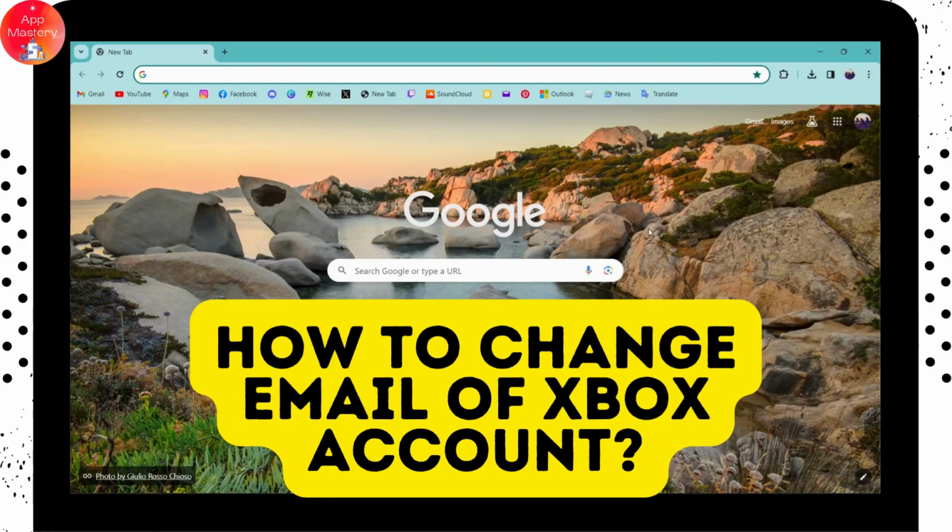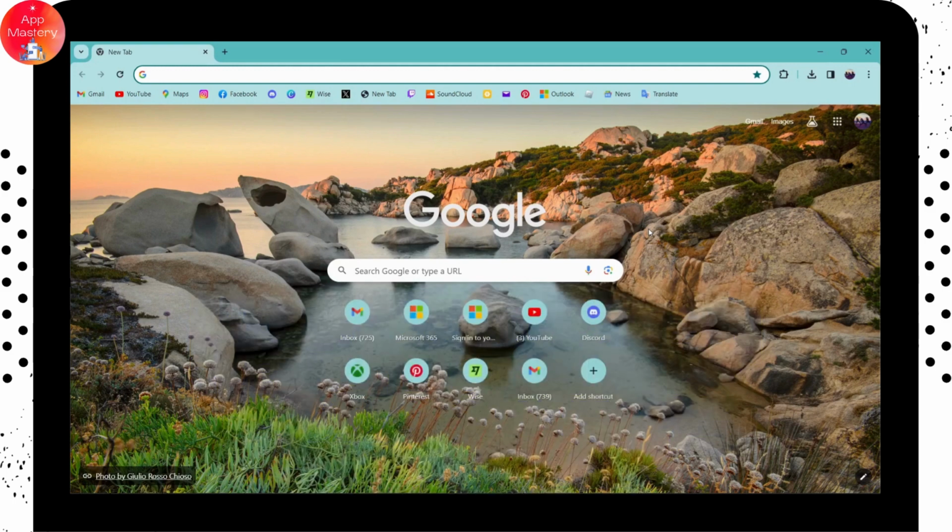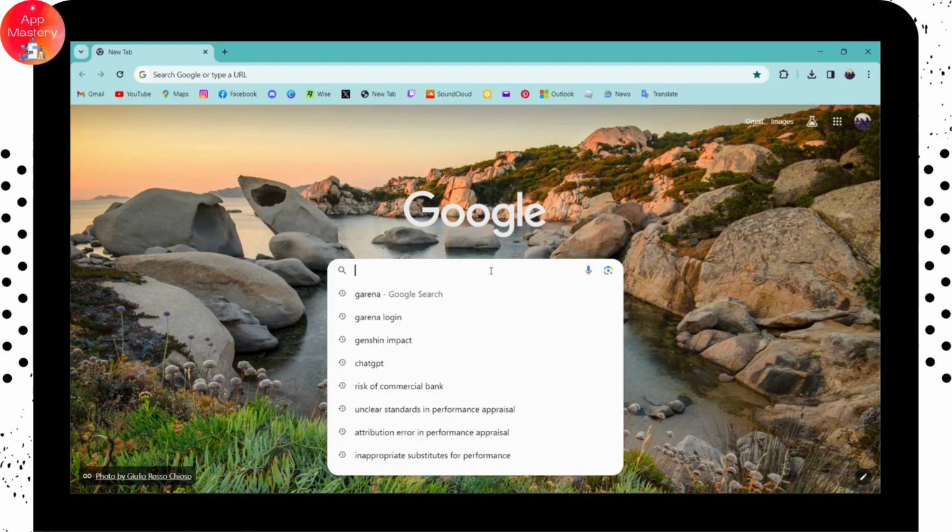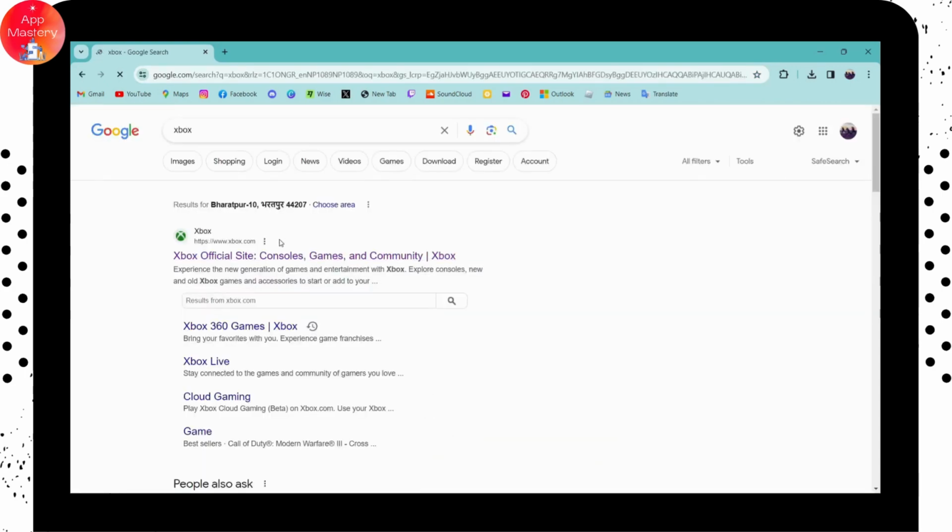How to change email of Xbox account. So if you want to change email from your Xbox account, then first of all open up your browser and then simply go for Xbox, and after searching here you will have